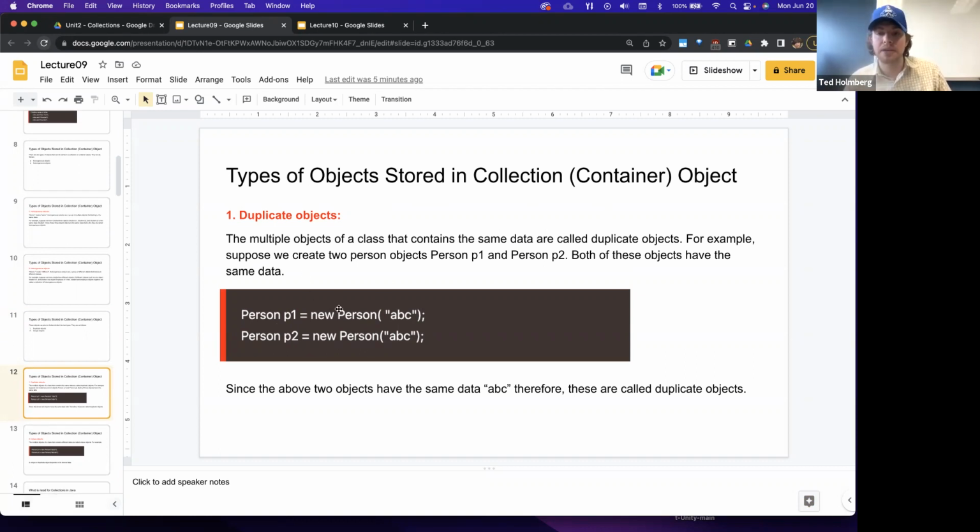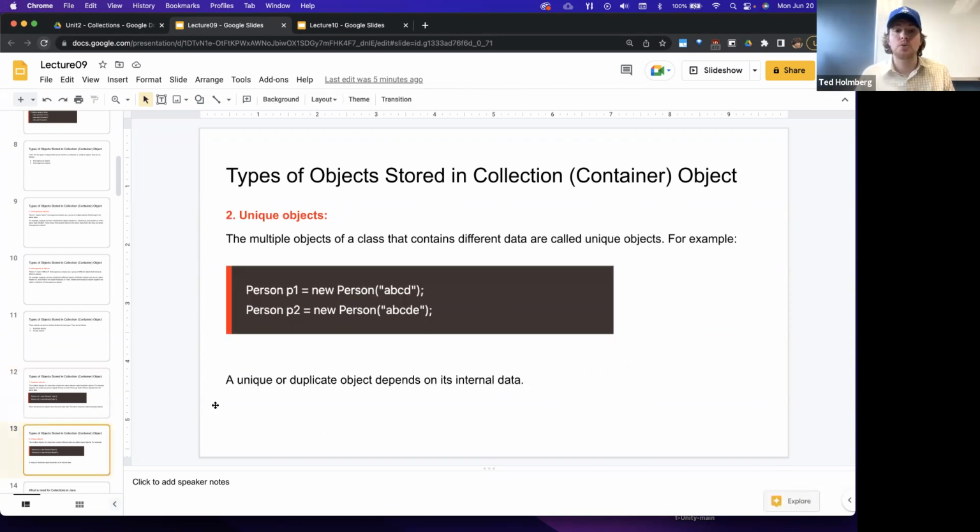In memory, in this example here, we have a person constructor. We're going to invoke the person constructor twice and save it into variables. So we're creating two different instances of person, but since both these person instances have the same name, and if we define equality between these two person instances based off of the name, then we would consider those duplicate objects. So objects that essentially have the same value when compared to one another,